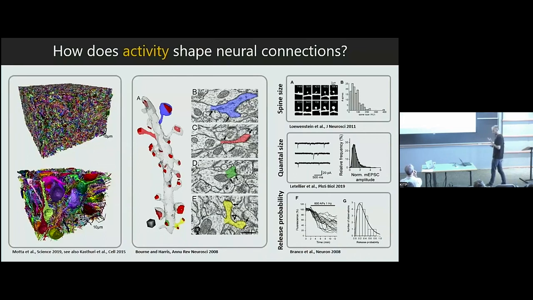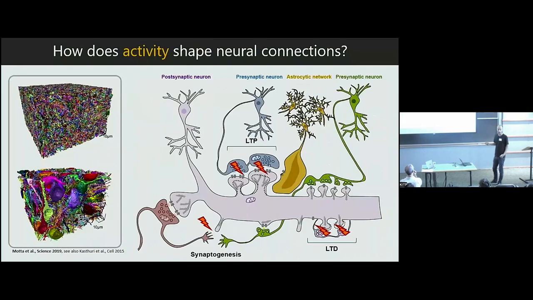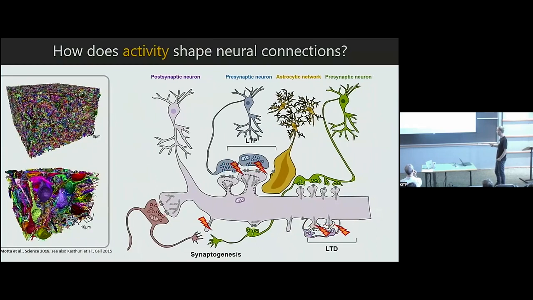And what we want to understand is how neuronal activity or synaptic activity coming from different synaptic inputs shapes this distribution, and what's the mechanism for that. So of course we know that synapses are plastic, right? So that's why we are here today. They can grow in size, they can get stabilized through LTP-like mechanisms, or the other way around, they can shrink, get weaker, and eventually get eliminated through LTD-like mechanisms. We also know that neuronal activity may play a role during synapse formation, during development, or learning and memory processes.